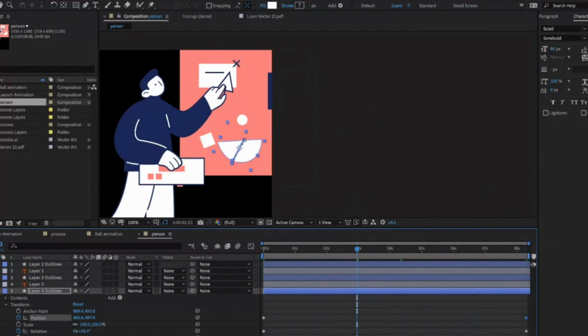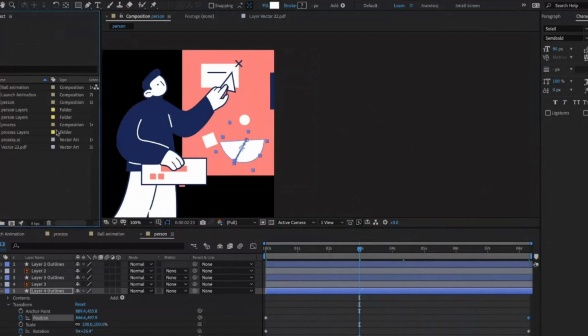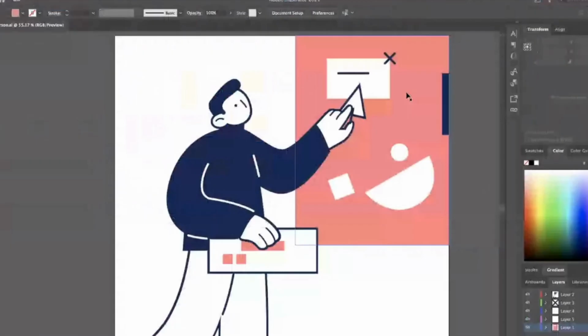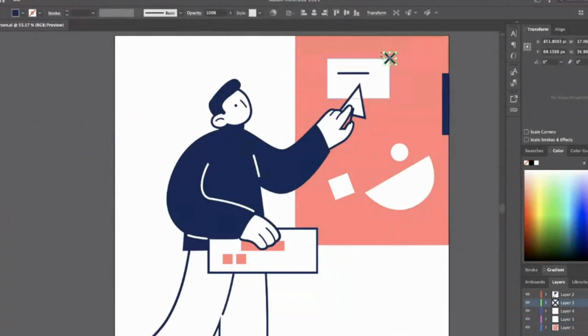And a really key step is, you'll see here my AI file. If I jump into Illustrator, this is actually my Illustrator file. To get the Illustrator file to import nicely into After Effects, from what I've been able to work out, you want to create separate top-level layers for your main animation components. Like this X that I got to spin is a separate top-level layer. This half round, and then the person that moves is another one.